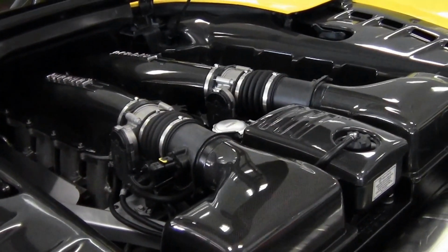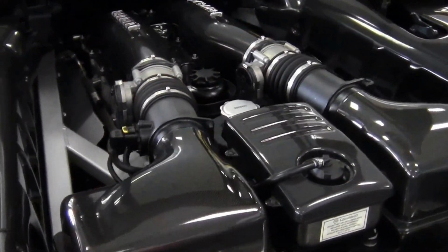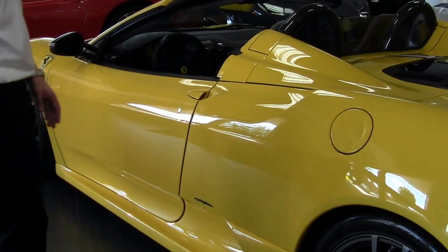One of the things about this car is it does not require any timing belt services or any of the major maintenance that the Ferraris used to be known for. So all you're going to do to this car is once a year you do an oil change, and that's about it. As we move to the interior here,